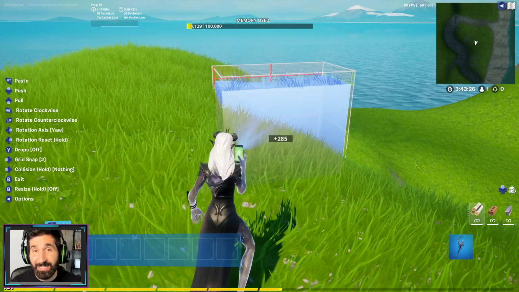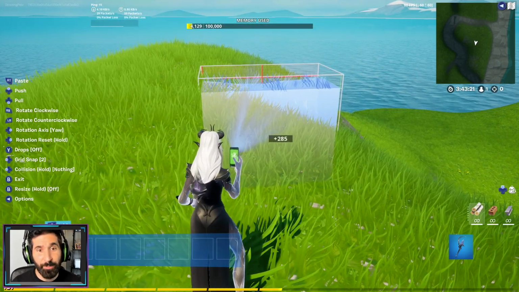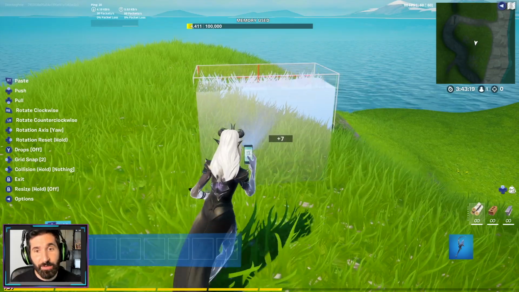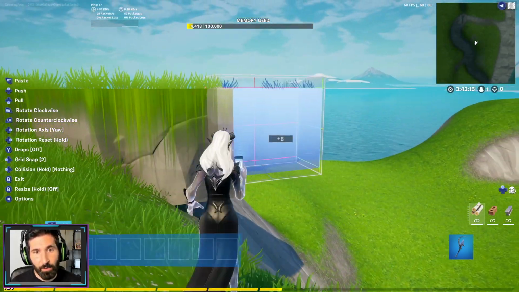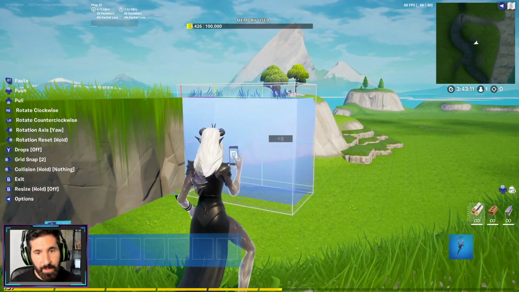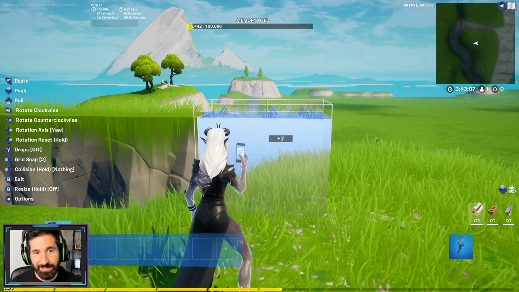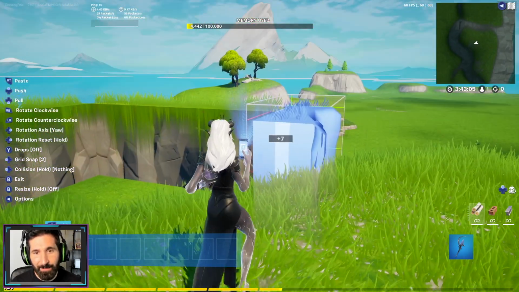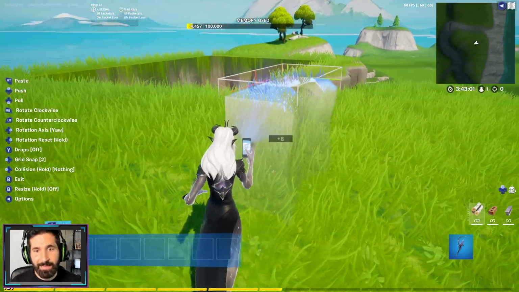Now, when you use these kind of terrain pieces, guys, the one thing I will suggest, grid snap 2 is your best friend when you're doing this, okay? So that's the biggest thing I can suggest, grid snap 2. Now follow along with me, it's gonna be a fun ride. But basically what we're gonna do here, and I've actually never done this before. I'm actually doing this for the first time with you guys now, live. But I'm hoping it turns out. We'll see if the end result looks pretty dope. But the idea here is